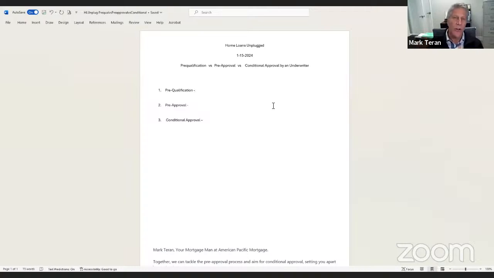And we're going to know that you are financially credible and your offer is way more likely to get accepted. It becomes an unbeatable offer compared to others that are just pre-quals and pre-approvals. So conditional approval, that's your VIP pass. That's a game changer. It's next level to getting your home loan done the proper way.